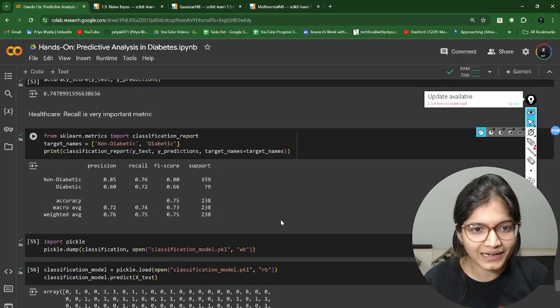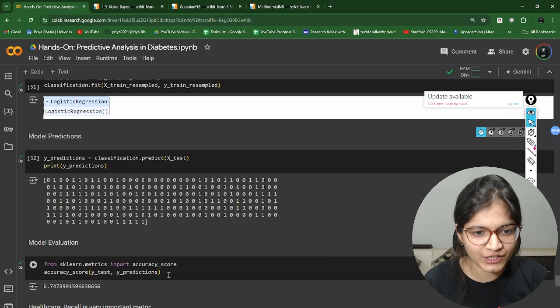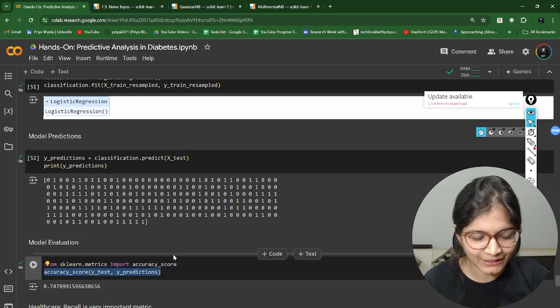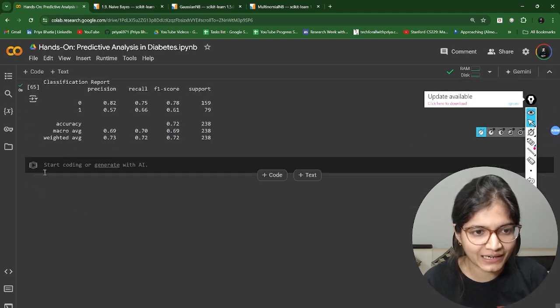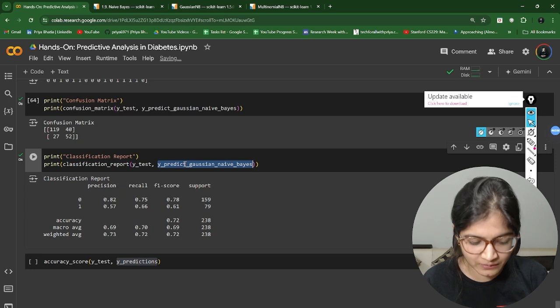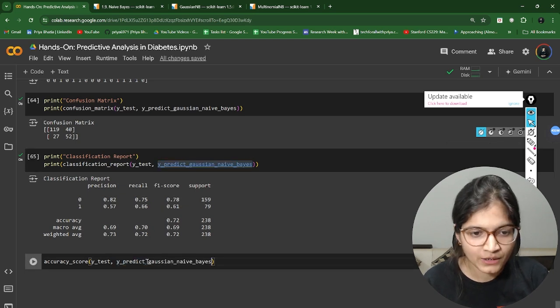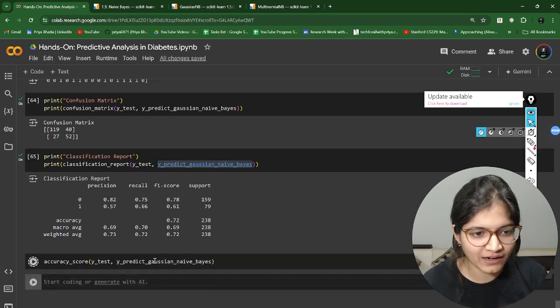If you want to collect other things, for example, what is the accuracy score? I think you can clearly collect that here. You can say print accuracy score, just change the model predictions, and you will be able to get it. So let's run this file again.